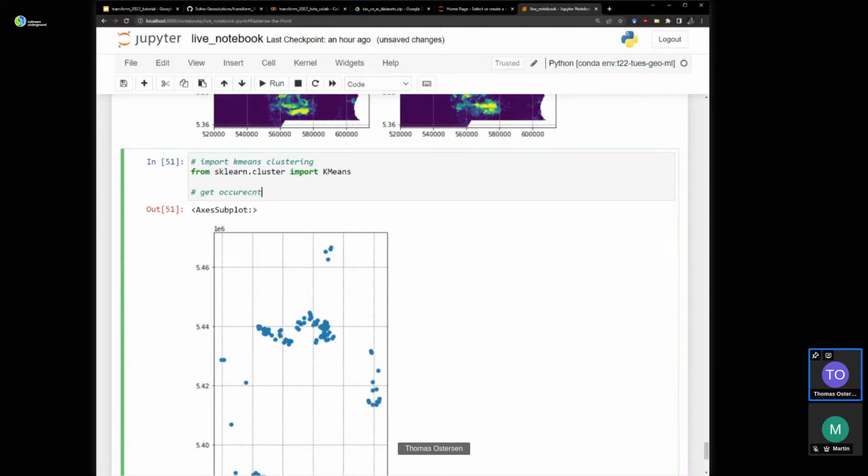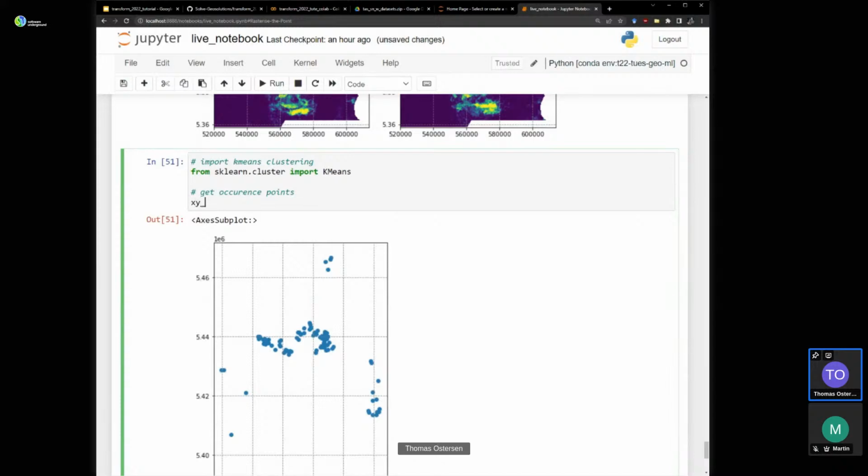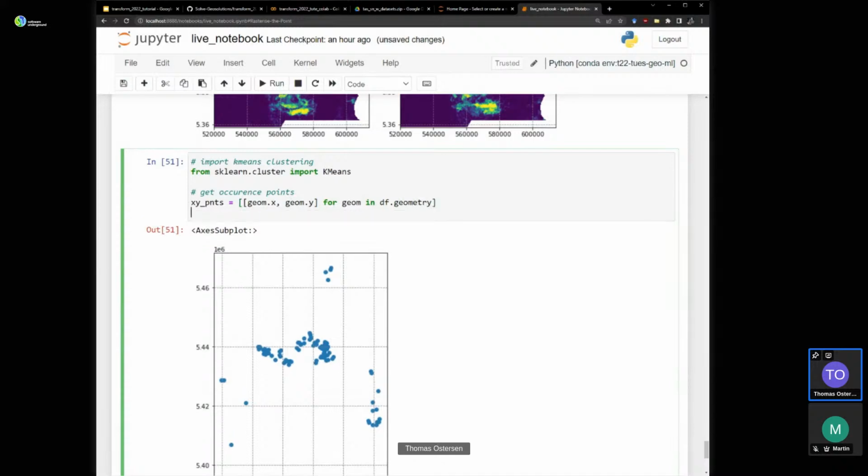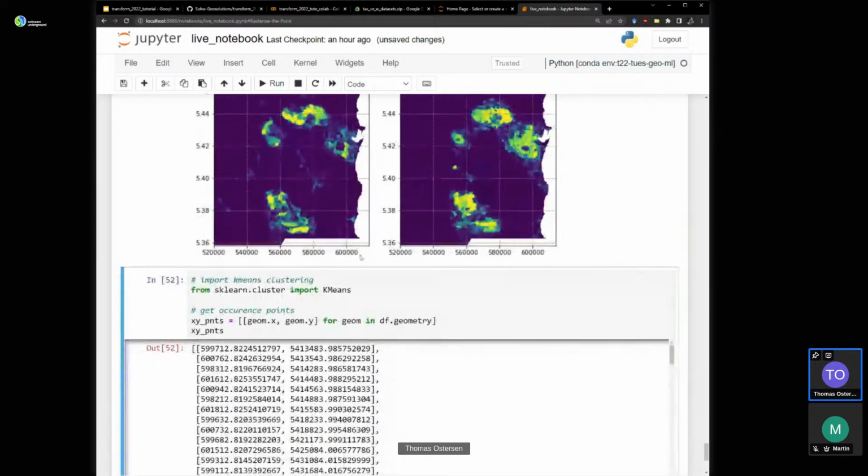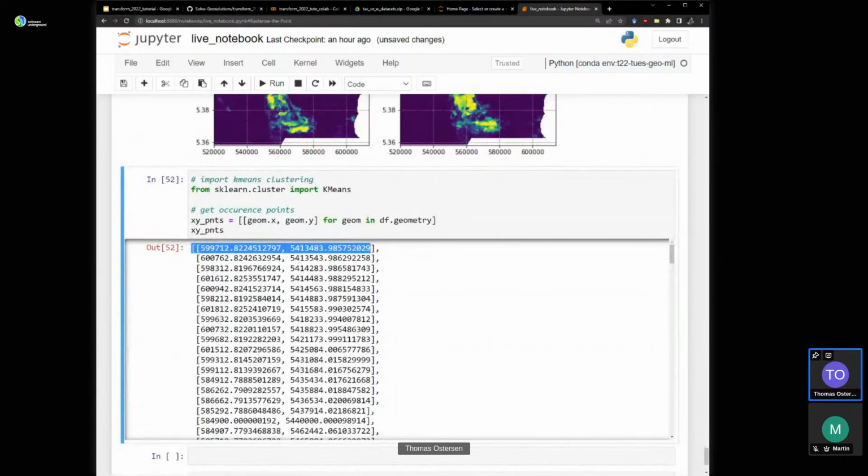Get occurrence points, xy points. We need to get the occurrences into a point set. We'll just do some list comprehension for that: geometry x, geometry y for geometry in df geometry. That just gets the x and y coordinates for each of our occurrences in our data frame.